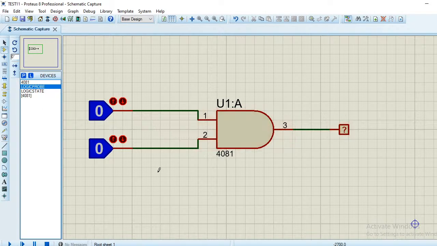So is this done or not, who is going to tell us? I have to go to the debug section. If I go to the